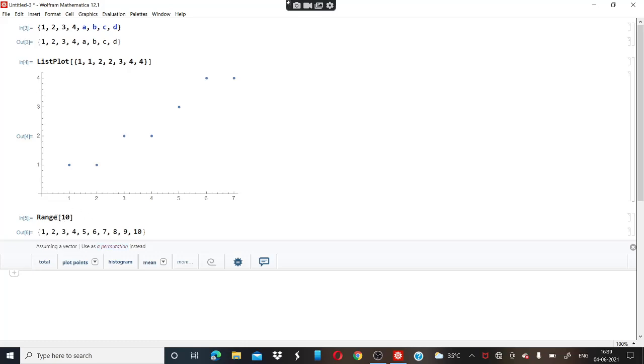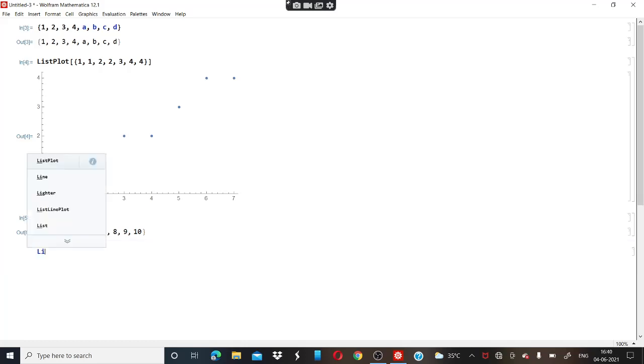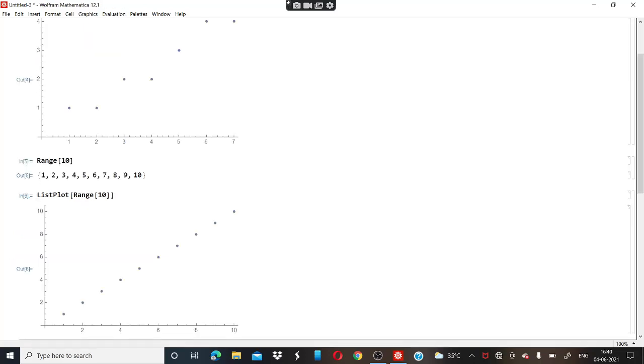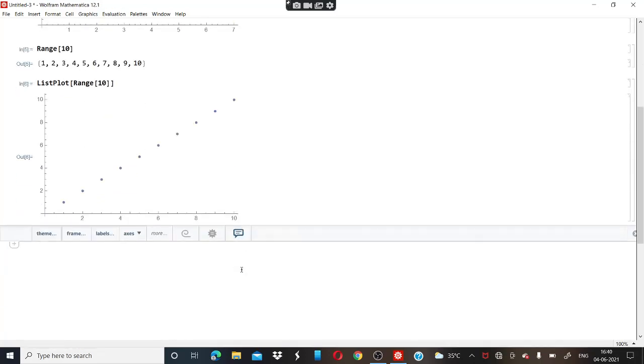There can be negative integers, but here we are finding the range for 10, so we have the range as 1 to 10. Now, if we want to plot this range, we will write ListPlot, then close this bracket, then we will write Range of 10, and Shift and Enter, and you will get this graph as shown here.